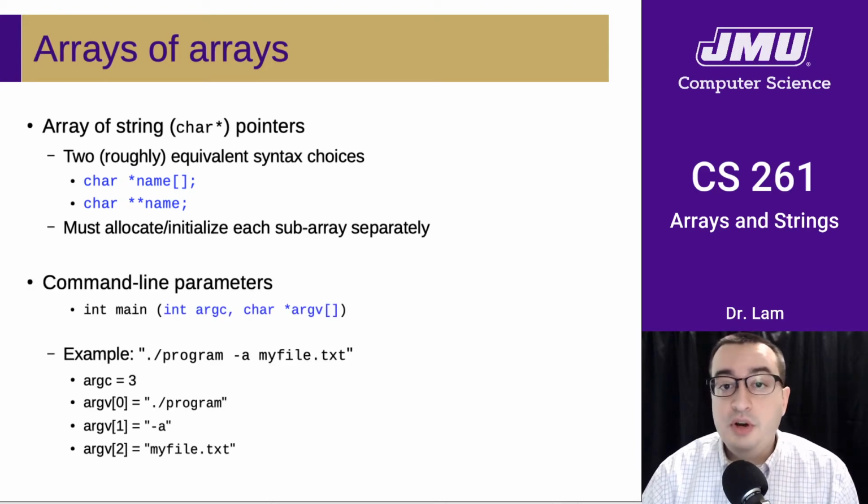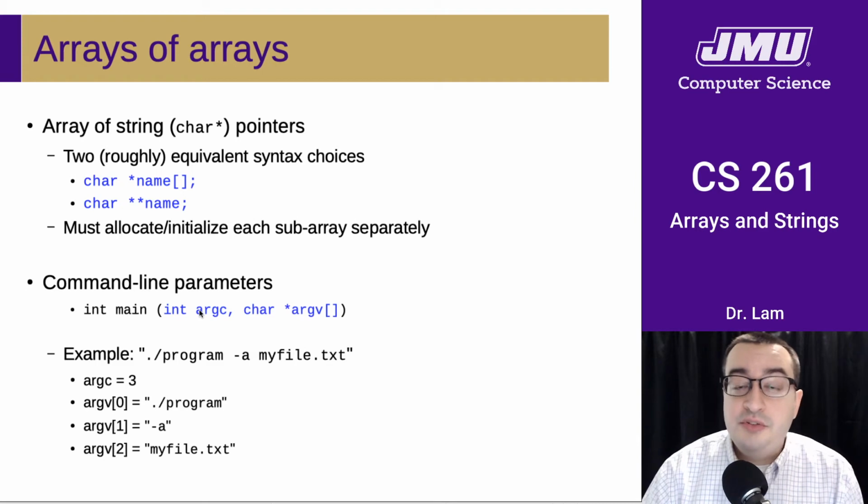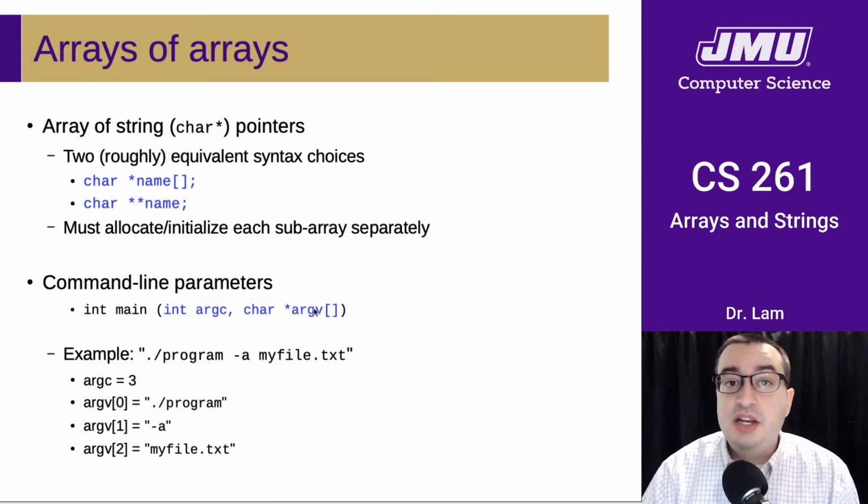So when you invoke a program on the command line, you can pass some command line parameters to it. And those command line parameters come to you through the argc and argv parameters to your main function. So this is what String[] args is in Java. And here you get it in two separate pieces because you have an array of strings, and then you have the number of strings because this array doesn't inherently have a size. So this tells you how many arguments there are, and this tells you what those arguments are.